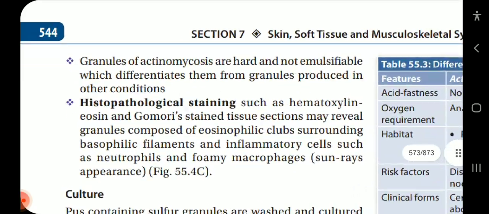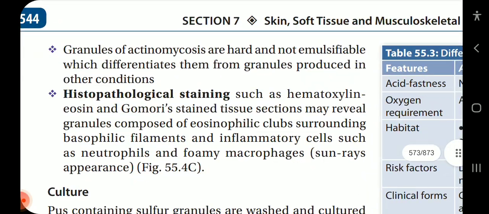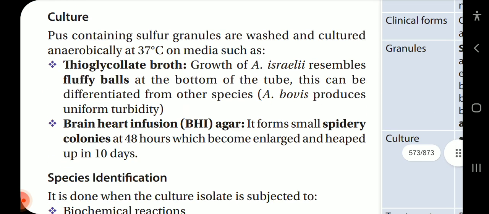Granules of actinomycosis are hard and non-emulsifiable, which differentiates them from granules produced in other conditions. Histopathological staining, such as hematoxylin and eosin and Gomori stained tissue sections, may reveal granules composed of eosinophilic clumps surrounding basophilic filaments and inflammatory cells such as neutrophils and foamy macrophages. Sun ray appearance. Culture: pus containing sulfur granules is washed and cultured anaerobically at 37 degrees Celsius on media such